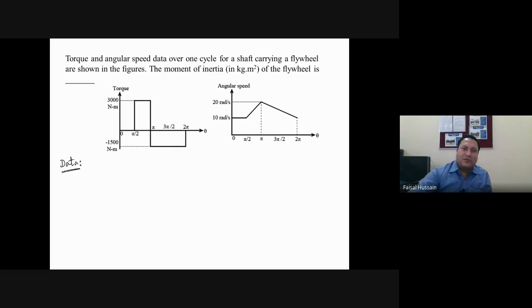And what we have to do? This is torque and this is angular speed data over one cycle, that is 360 degrees, for a shaft carrying a flywheel, shown in the figures. The moment of inertia of the flywheel, we have to determine. Now for determining the moment of inertia, see,